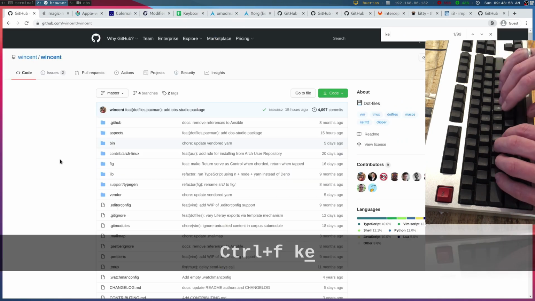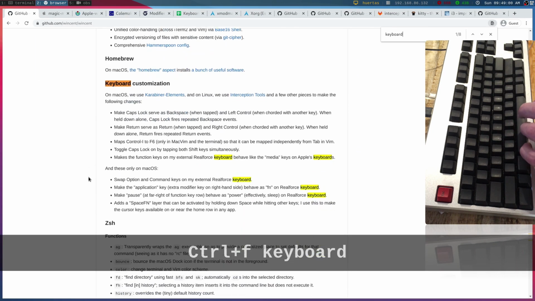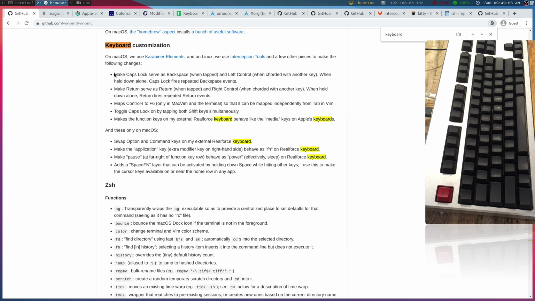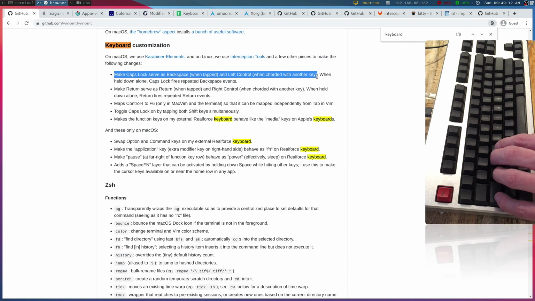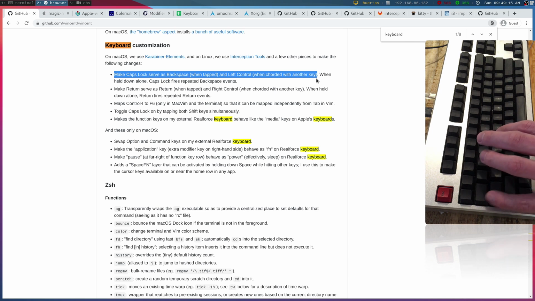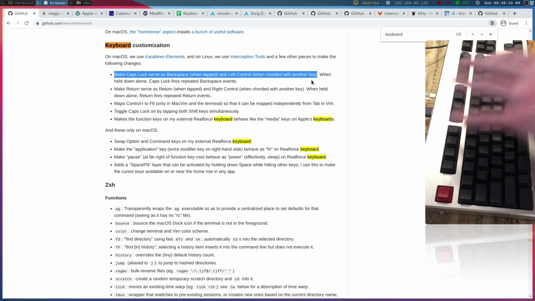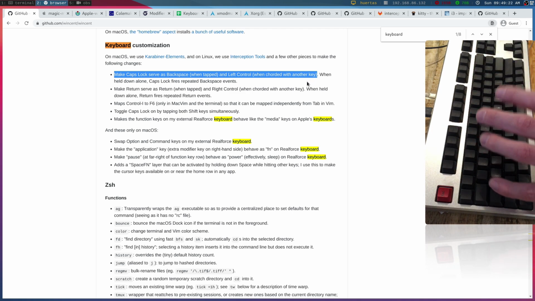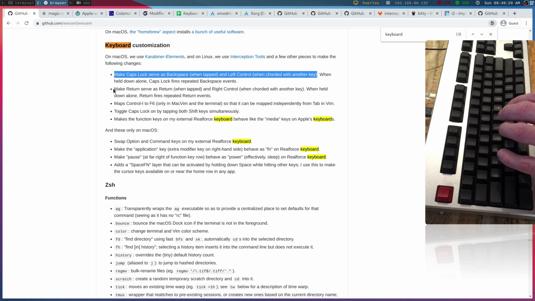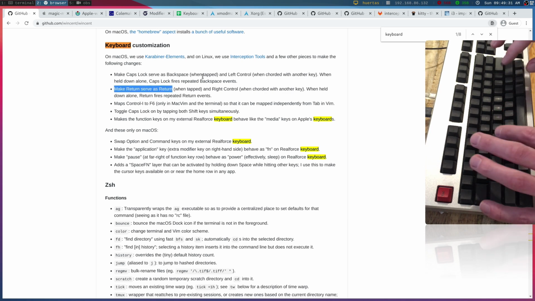If we find keyboard customization, you'll see here a list of things that I'm doing on macOS to enhance the keyboard. So the first one here is make caps lock into a dual purpose key. When I tap it, it acts like backspace, which is what caps lock does in the Mac keyboard layout. But when I hold it down and chord it with another key, I'm going to get a control modifier. I do the same thing with return on the right side over here for symmetry, because ideally